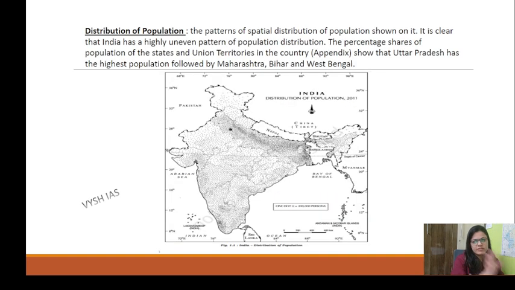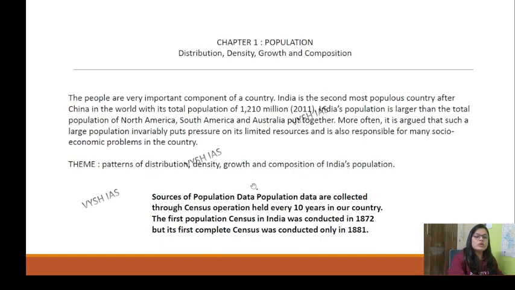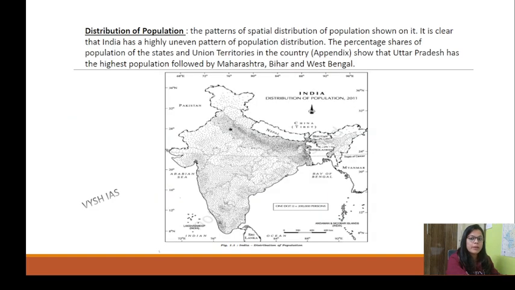This was information available in the geography. So as I told you, in the theme we'll be talking about distribution, density, growth, composition. Okay, I'll try my best to cover things as fast as I can. Okay, distribution. When we talk about the distribution,